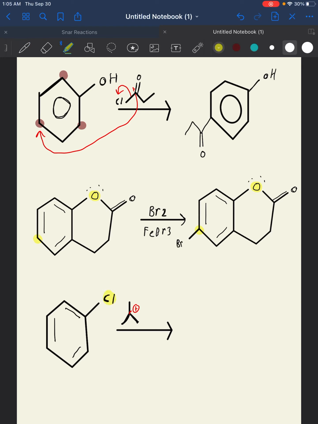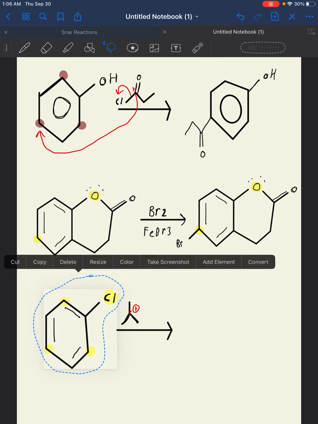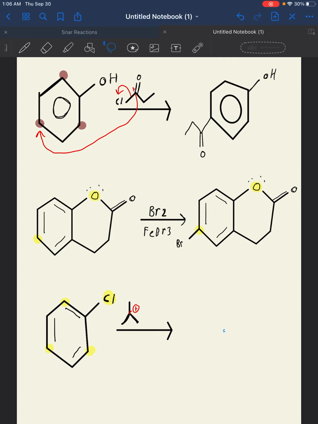We have a halogen, so it can either add ortho or para. However, due to sterics and reactivity, it's going to prefer para. So when we draw this out, or when we copy and paste, because Ross is lazy, we would get a product that looks like this. And of course, you'd have some minor product at the ortho position. So those are